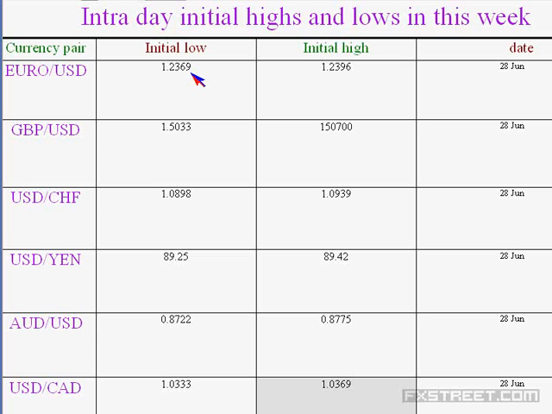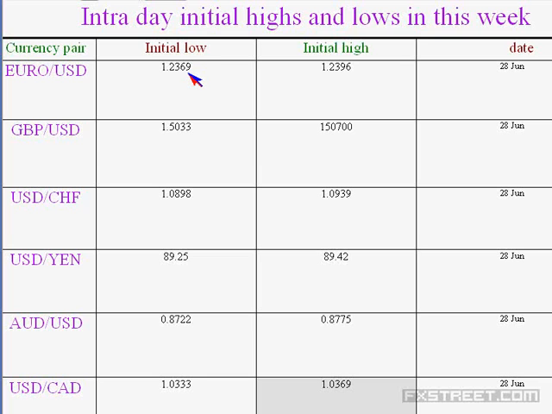1.2369 is the low in the case of euro, which is intact, and 1.2396 is the high, which is also intact. Then you might be aware, those who are following it up with regard to the initial lows and the highs, last week on Monday, the low was 1.2369 in the case of euro, and subsequently they made the drop during the Tuesday, Wednesday, etc., inducing the traders to liquidate the long position and again come up to that of 1.23 and above, and today they set the low as 1.2369.